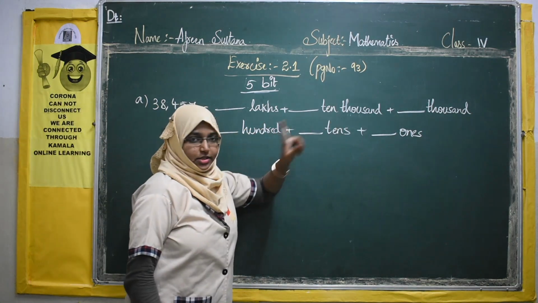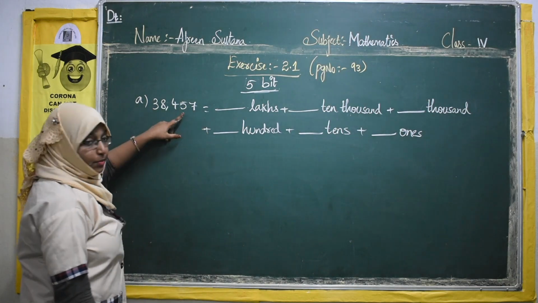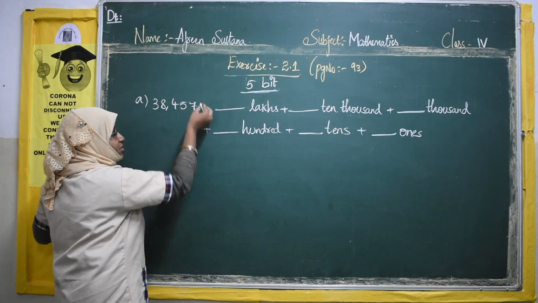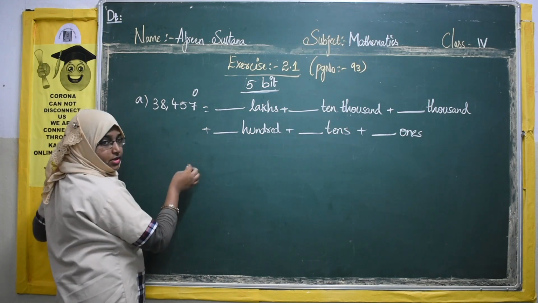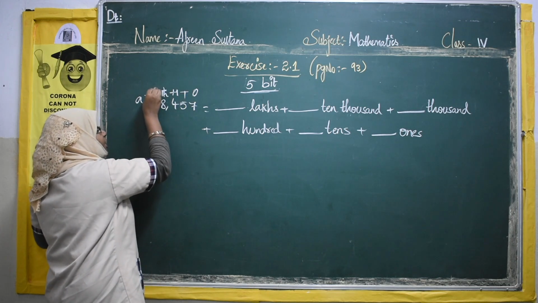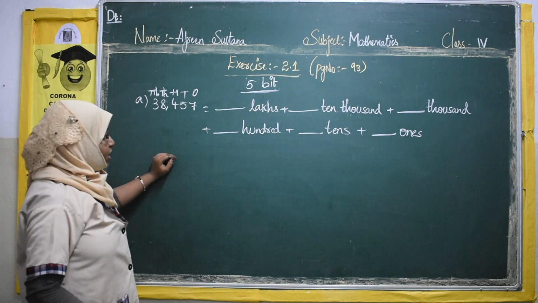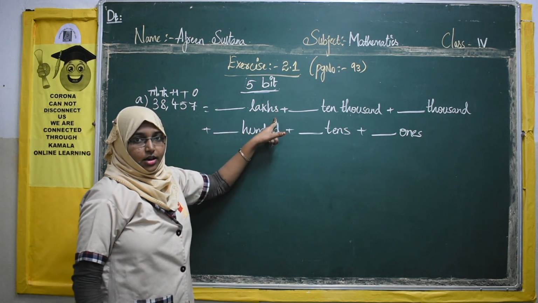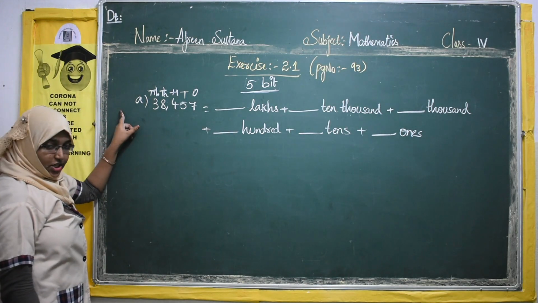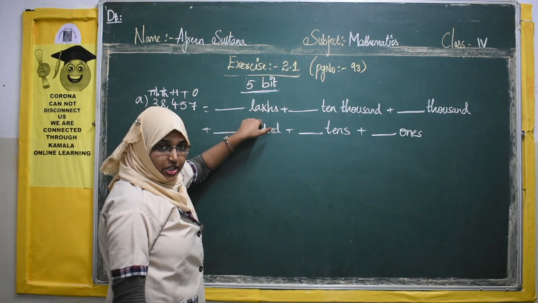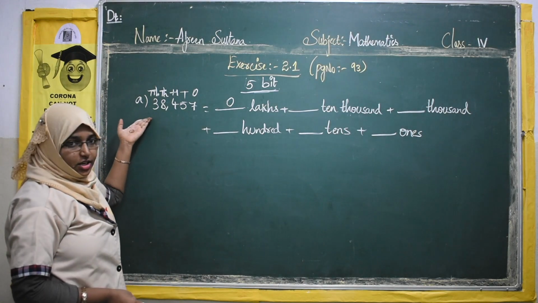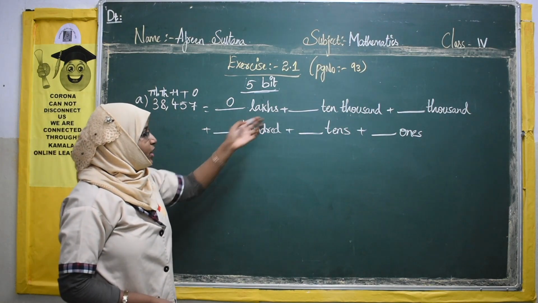Now they are telling us to fill this. So first, we have to write the place values here. This is a 5-digit number, right? So first let us place the place values. Starting from the right, it is ones, tens, 100, 1000, 10,000. Right? Now if you see here, they are asking lakhs. Is there any lakh here? We have till 10,000 only, no? Is there any extra digit here? No. So there is no digit in lakhs place. So 0 lakhs, because they have given only a 5-digit number. Lakh place is not there, so it is 0 lakhs.